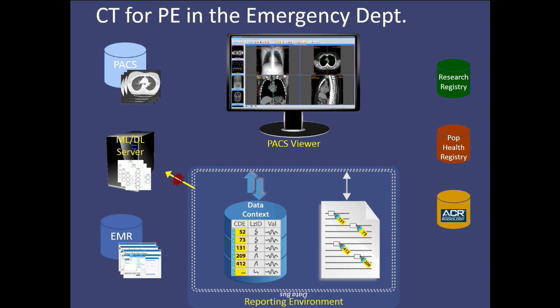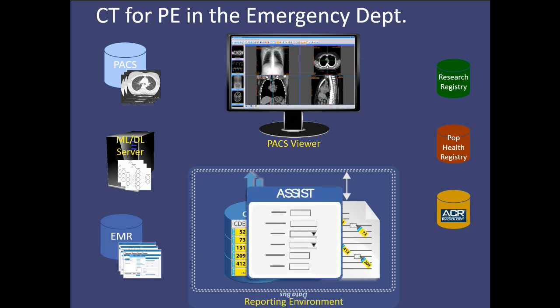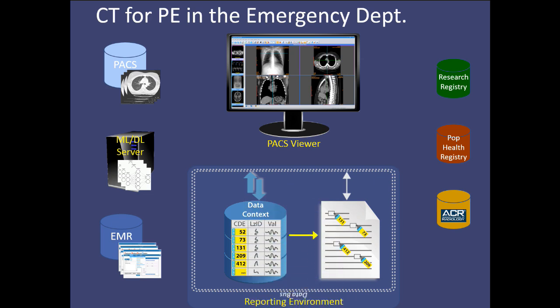You, the AI server, there's another task that you should run on it, and then it can get the images again, or maybe get some more images, and maybe do a search for evidence of right heart strain on the CT images and send a report back to that, and then that can prompt a different kind of interaction with the radiologist in the reporting environment, where we bring up an assist tool to ask the radiologist to grade the overall clinical scenario, including evidence of right heart strain, and then all of that can be automatically inserted into the